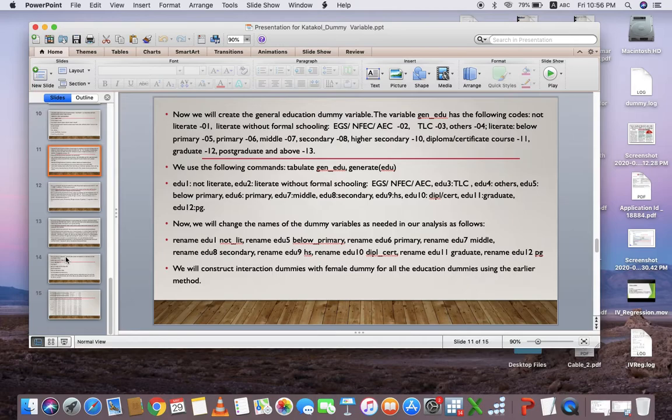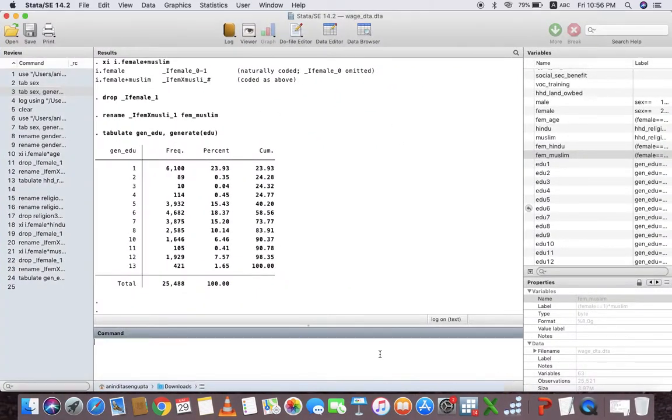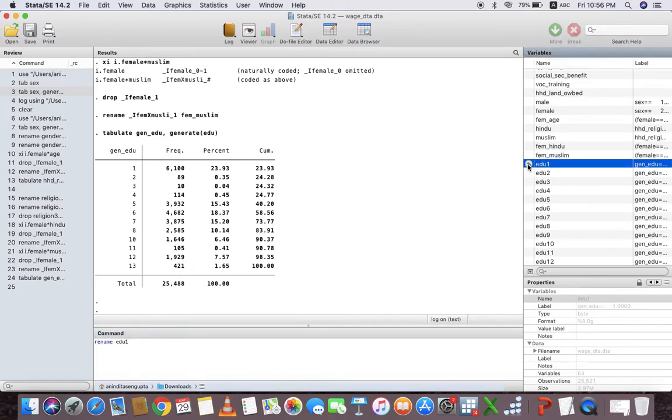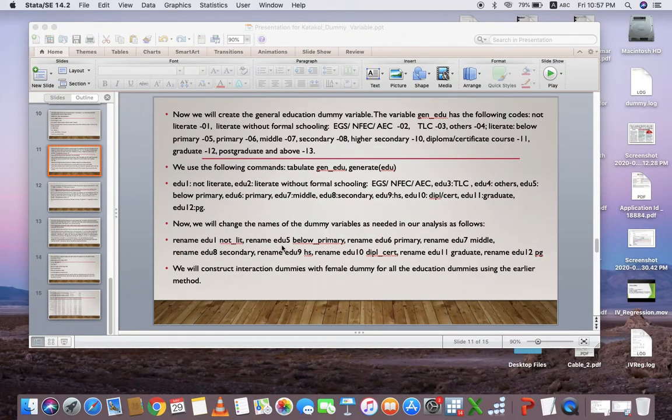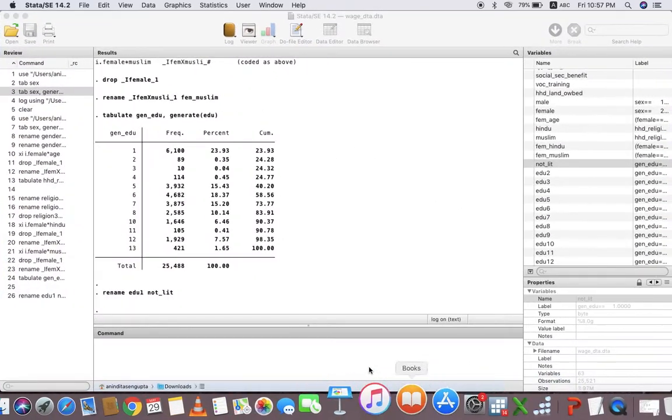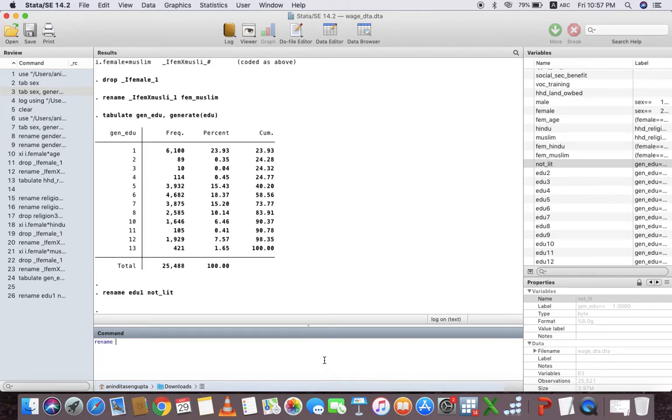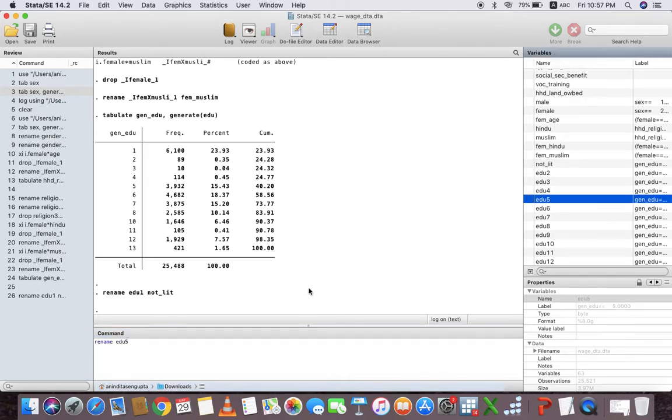So, we rename edu 1 as not lit. Then we take edu 5, which is below primary. So, rename edu 5 below primary.